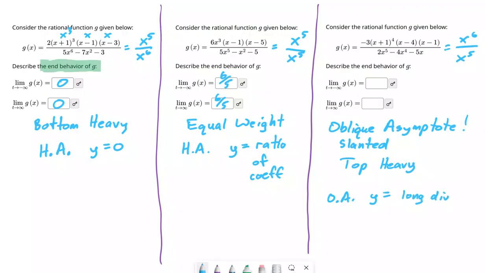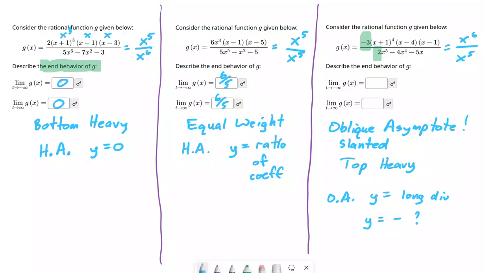Now, the long division would be a little complicated to do, so I'm going to take a shortcut through that, and I'm going to say to myself, well, I know this is slanted. The question is, is it negative or is it positive? And if you now focus on what these numbers right here are, that's a negative 3 divided by a positive 2. So you can do long division all day long, but the end result of this is going to be some kind of a negative number. This is going to be some kind of y equals negative, who knows, but it's some kind of negative slanted